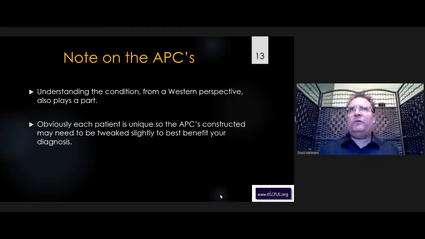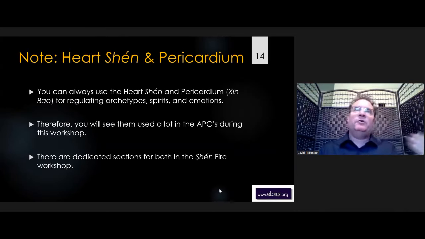And then, of course, based on whether you do local or distal points, whether you do bilateral or unilateral needling, the number of needles that you use, each point combination will be unique to you. So you'll take the slides that have the point combinations and you'll decide whether you want to edit them or keep them as is. The heart, Shen, pericardium are obviously very important, and there's lots of point combinations with heart and pericardium points. And if you needed to know more about each of those, then the Shen Fire workshop is the one you need to read a bit more on.